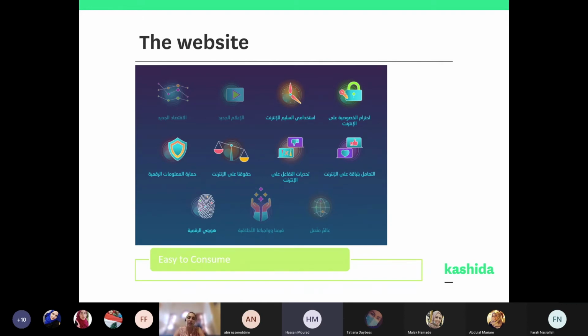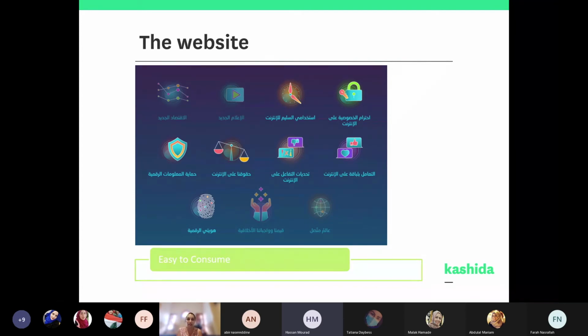I'll move to how we tried to make it easy to consume. We identified 11 themes, and these were identified based on design thinking focus groups with subject matter experts that included child psychologists, cyber safety experts, cybersecurity experts, child counselors, and teachers, so that we can come up with all the components that we might want to address related to cyber safety.